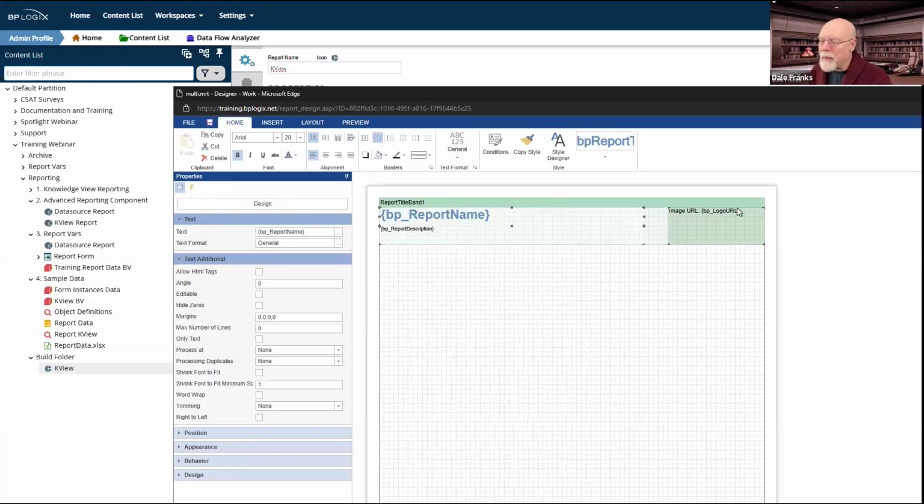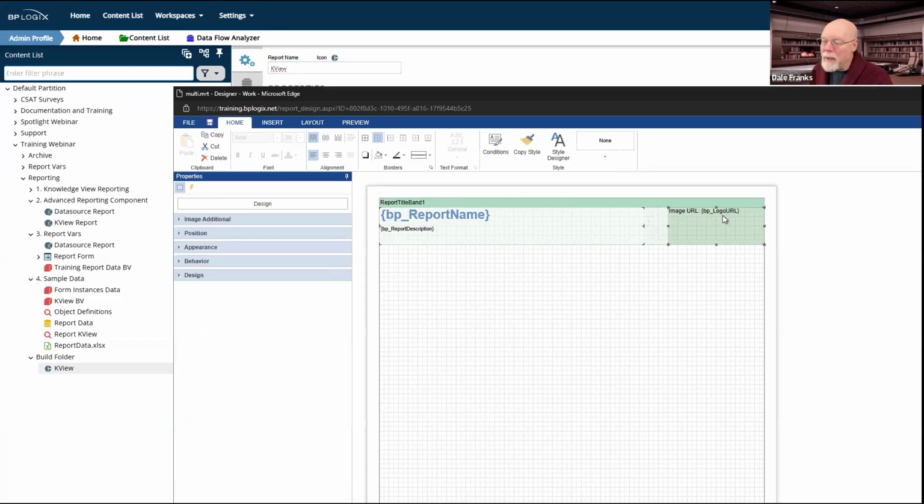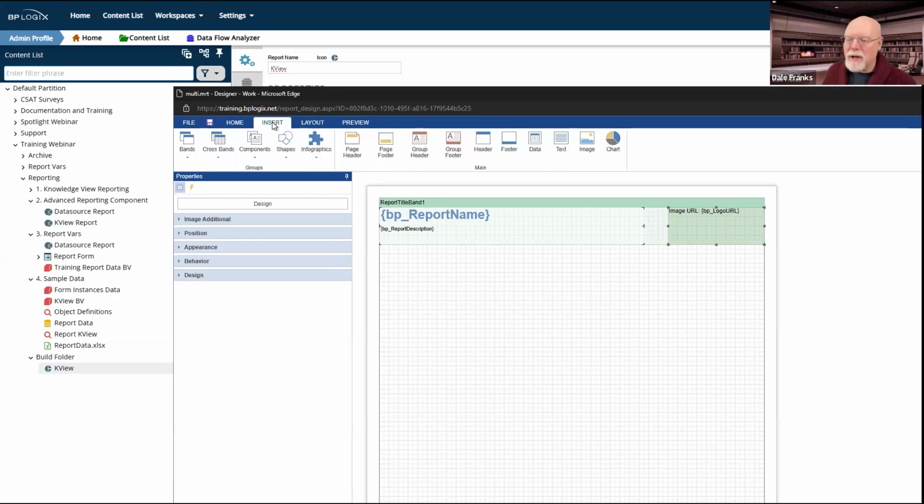Now, I don't have the BP logo URL set on this system, so it is not going to show me this image. I would actually have to manually put in an image just by inserting the image here, or I could change my BP logo URL inside Process Director.